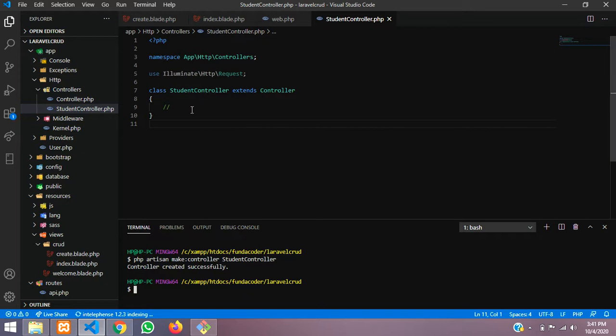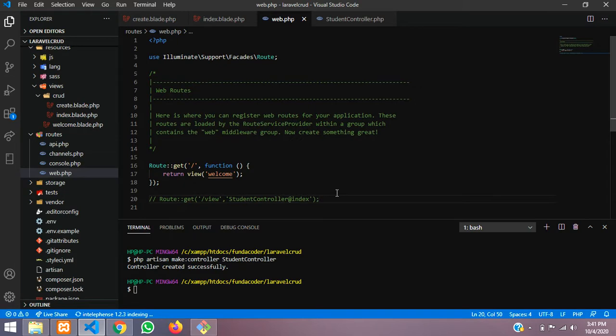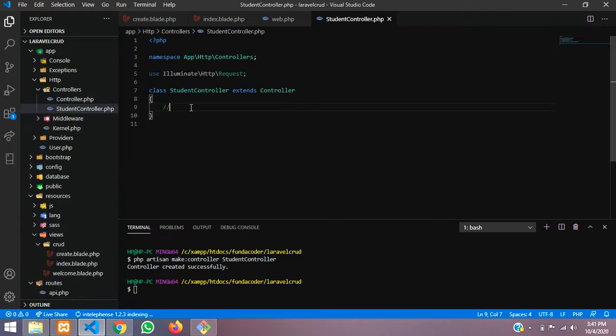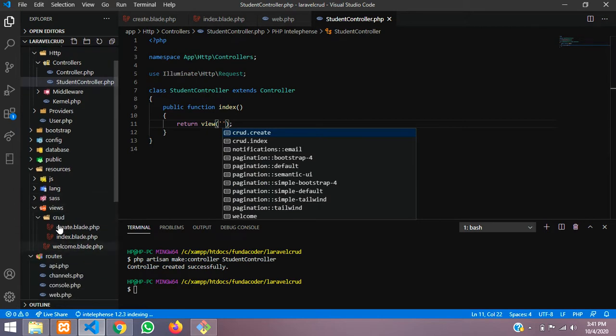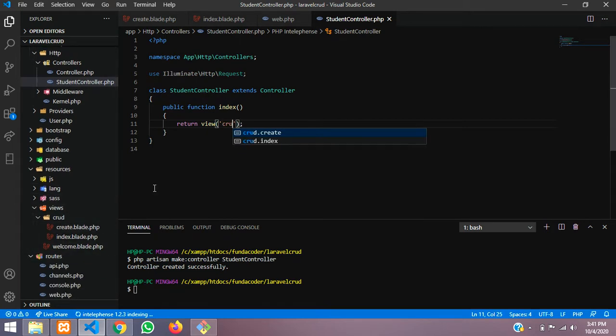Done. Now let's go back to our web route, where we uncomment this and call the index function, and create the function over here. So public function index. Let's return view, where inside your views folder, whatever you created inside CRUD, so type crud.index as the file name.